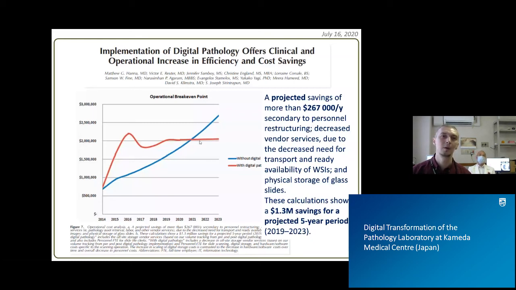But to me, the keywords from all these papers are projections and estimates. I don't think at the moment we have good metrics or good evidence for ROI. I'm getting these questions quite frequently. I'm trying to trace all the publications and discuss with vendors as well as people who deal with digital pathology on a daily basis. And I think it's still a gray zone for us to have a clear answer to this question.